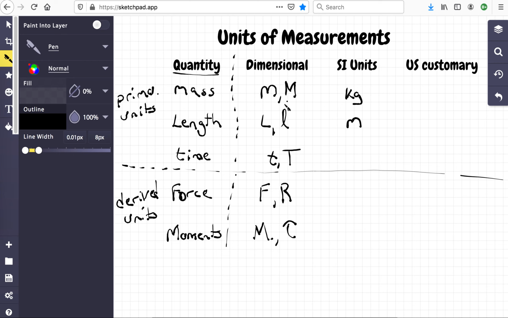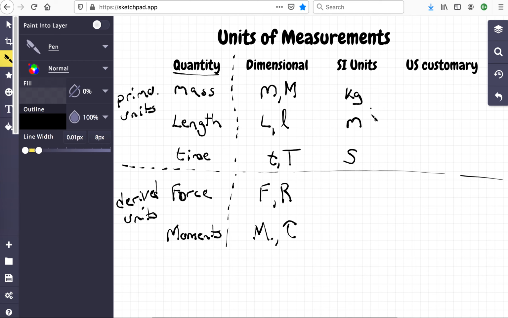Now if you notice, it's already starting to get confusing, because the m for mass deals with mass, but this m is the SI unit of length. So it's very easy to get confused. It's very paramount that you organize your work accordingly. I just wanted to point that out, because if you don't, you can get really messed up. Time is t, and the unit